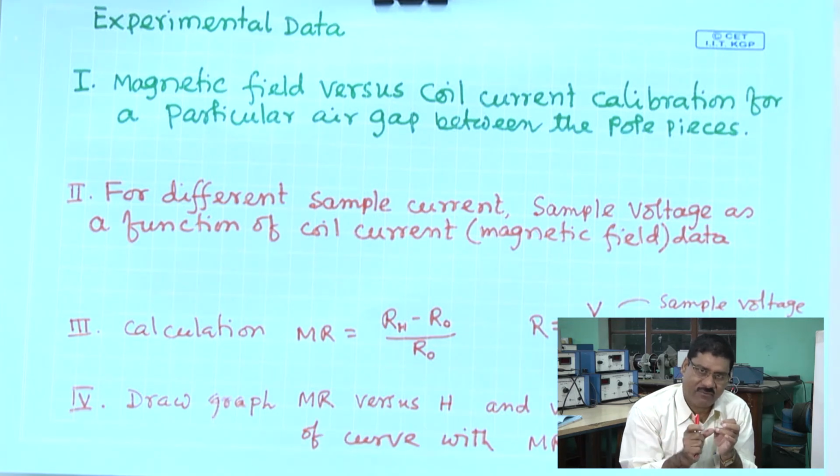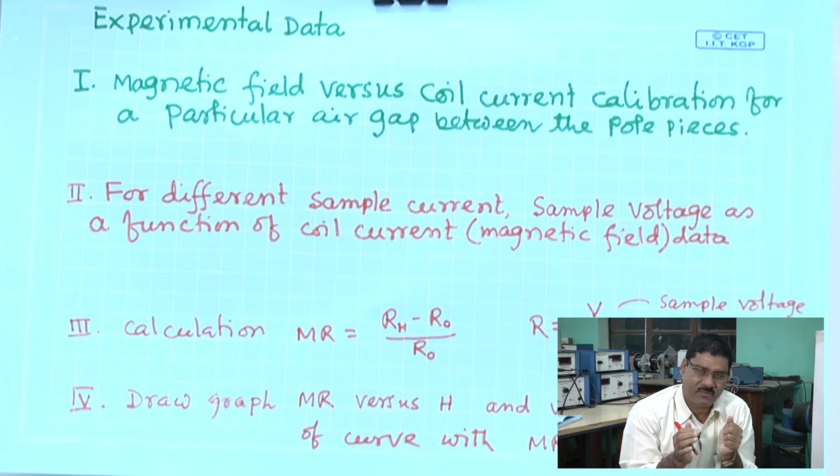That air gap should be such that you have to place the sample in that gap. So, the gap should be sufficiently large, or it should be comparable to the size of the sample with the probe connection. Okay. So, you have to fix the air gap between the pole pieces of the electromagnet,